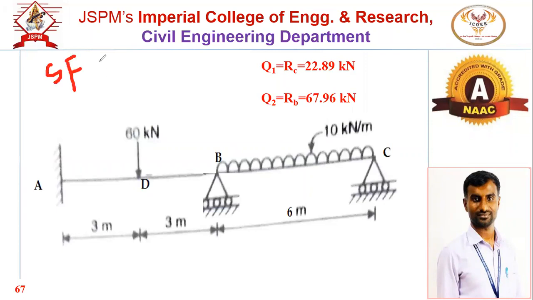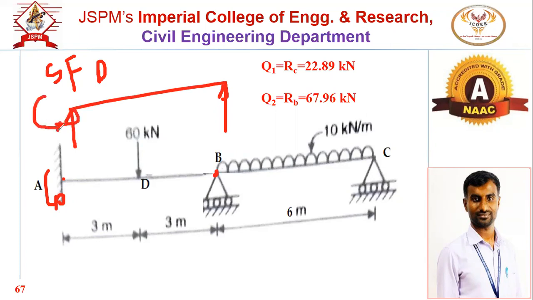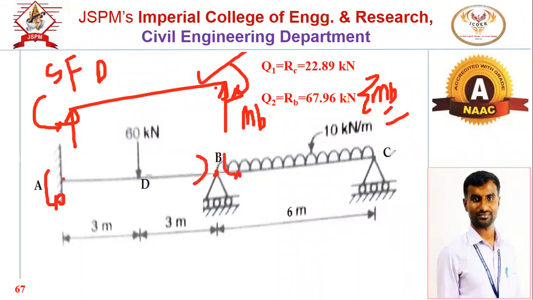So for the superimposed BMD, this moment you will get by applying summation of moment at point A equal to 0. Now, to get the support moment at B, consider the AB beam or AB part separately, apply moment at B as an unknown MB, and then make summation of moment at point B equal to 0. You will get MB. That will be an equal and opposite moment at B, and at C the moment will be 0.